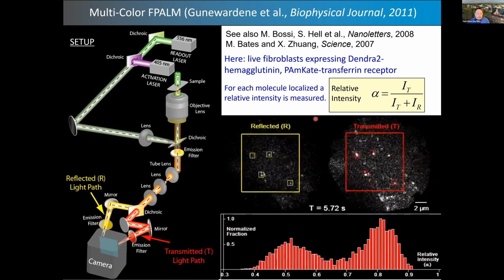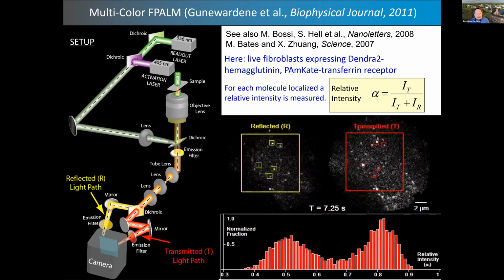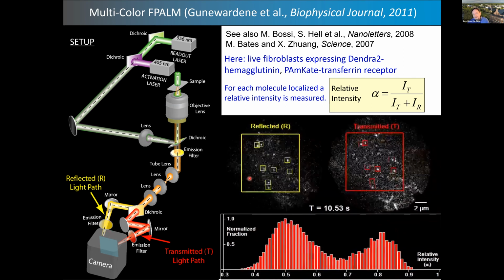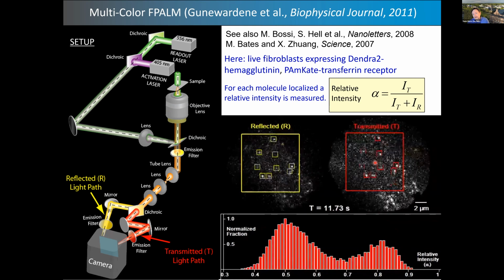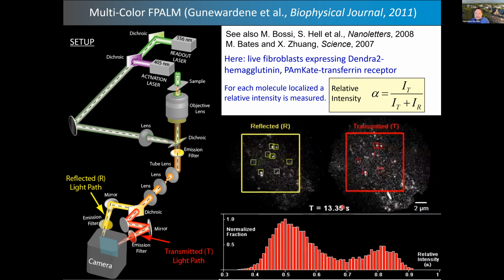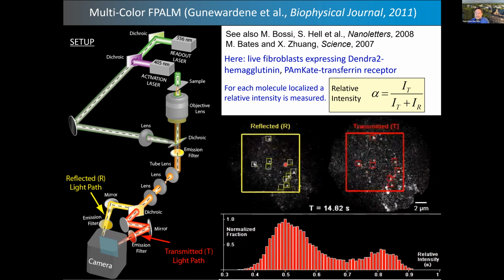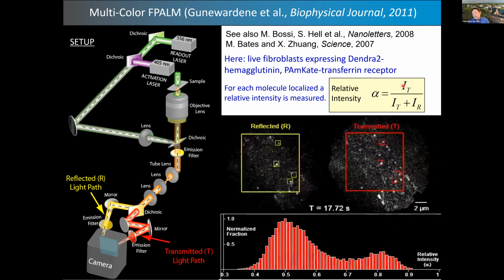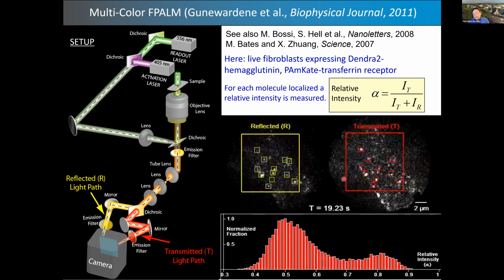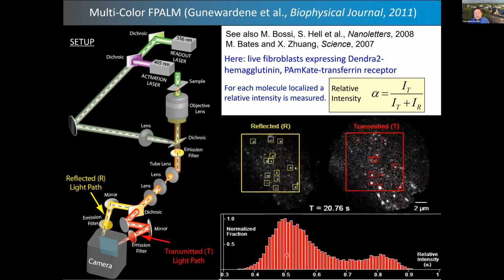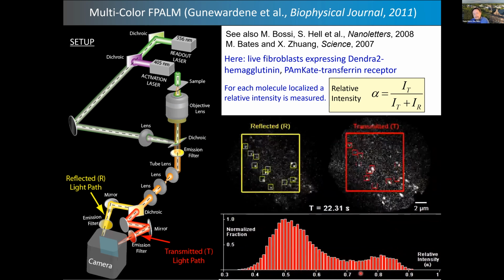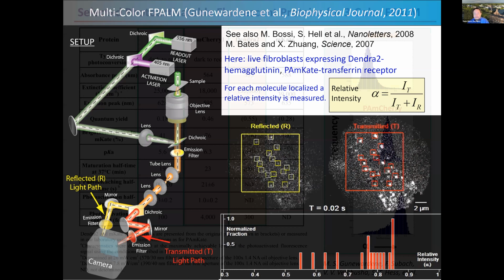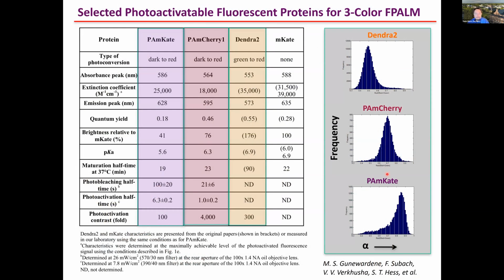One way of doing this is to take a dichroic in the detection path and split the light into separate channels, which are visualized on side-by-side regions of the camera. This is raw data with localization superimposed. And then we take an intensity ratio of the transmitted intensity over the reflected plus transmitted, which gives us a number between 0 and 1, which we call alpha. The alpha value for one type of fluorophore is typically different from another type, and we can then separate them spectrally and get even 3 or 4 things at once for 3 different fluorescent proteins.